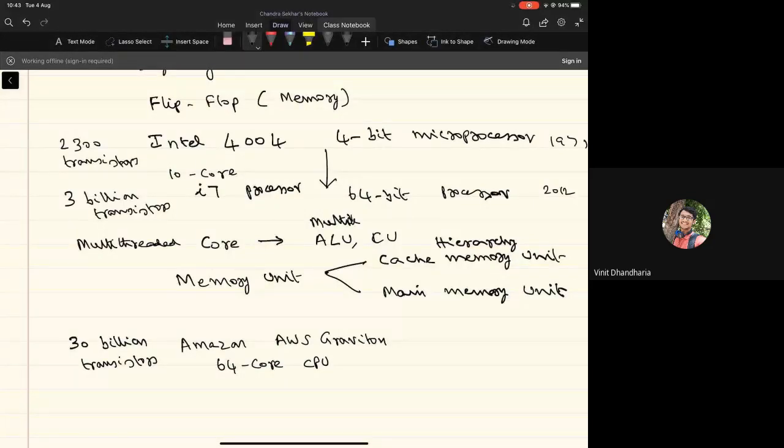So what we will be interested in, in this course, is to understand how we design the basic components within the CPU, right? That is, how to design the arithmetic and logic unit, which in turn consists of the integer unit and the floating point unit. And then we'll try to understand how the basic memory unit is built. And then we'll also try to understand the design of what is called the control unit, which controls all the operations that are carried out by the CPU, right?